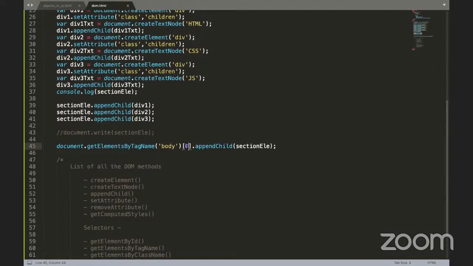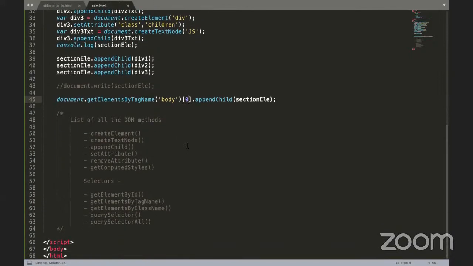Now get elements by ID. Now, I am giving an example for get elements by tag name. You see here, now body. If I print that in a console,